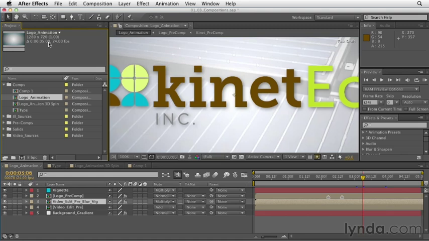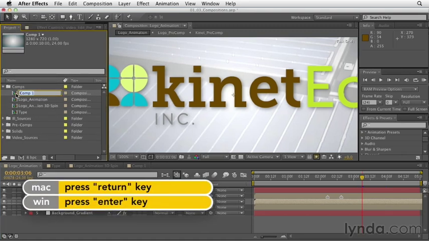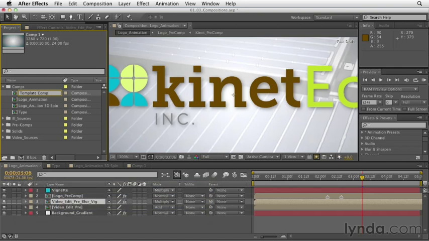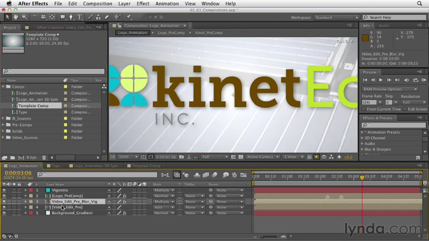Now, probably at some point, you'll want to either rename a composition or rename a layer. And it's not quite as simple as you would think. It's not like you can just click on the name or double click on the name and have it change. What you need to do is select your composition and then press return on your keyboard. Now I could rename this template comp and press return to set it. Renaming layers works much the same way. Select the layer and press return. And here I could just call this